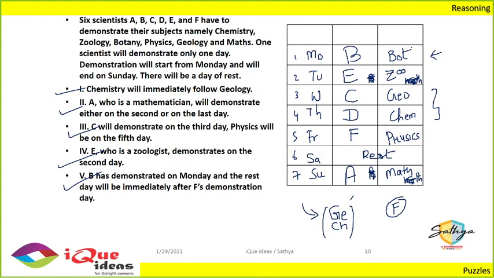Step by step. So always remember, whenever there is a table-based puzzle, but it's a scheduling puzzle where you have to arrange them according to days of the week or months of the year or hours of a day, then always first fix the days, the months, or the hours, because that does not change order. And once that is done, simply fill in the other details. That would be the easiest way to do it.